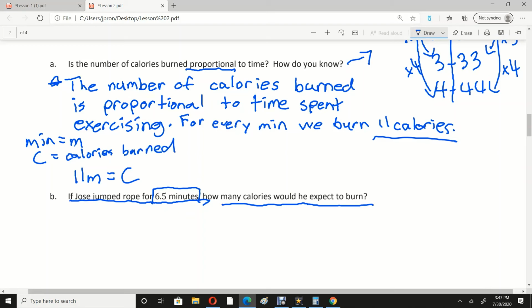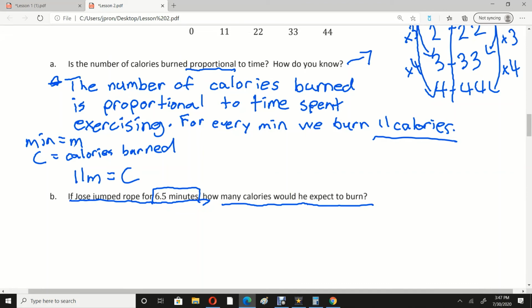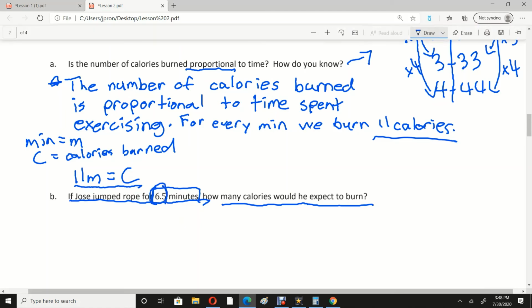And we use variables as shorthand, so we don't have to write that out when we write our formula, right? So 11 calories for every minute. So 11 times the number of minutes equals the number of calories we burn. So what we can do now, since we know the amount of time that Jose spent jumping, is replace that in our formula